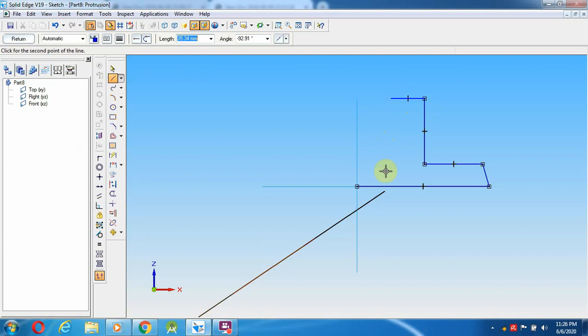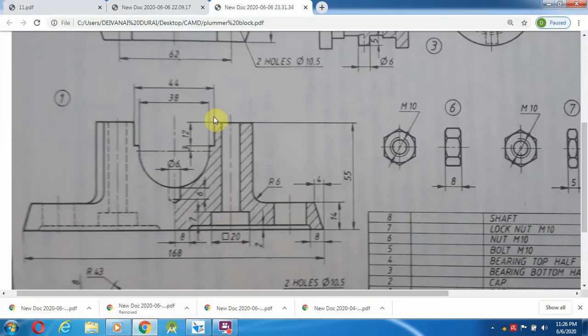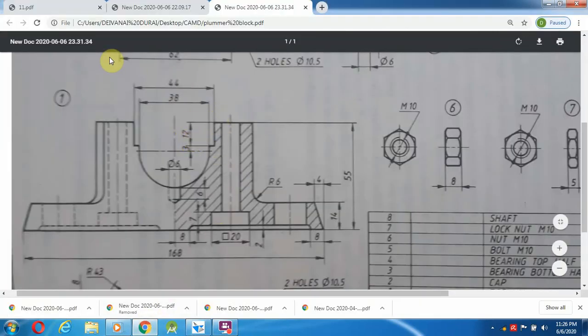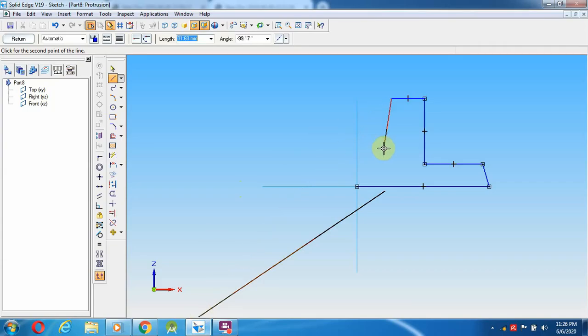Then I'm going to move towards down. How many mm towards down? That is the 12 mm mentioned over here. 12 mm and left 3 mm. So go over here, draw a line 12 and towards here 3 mm.